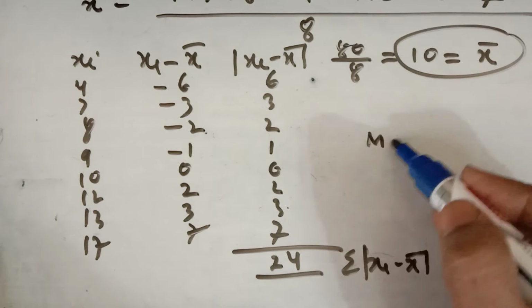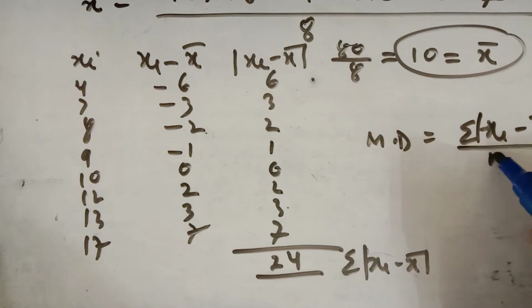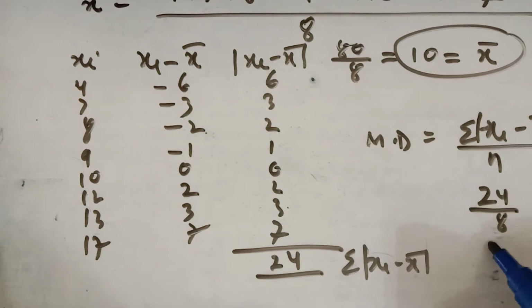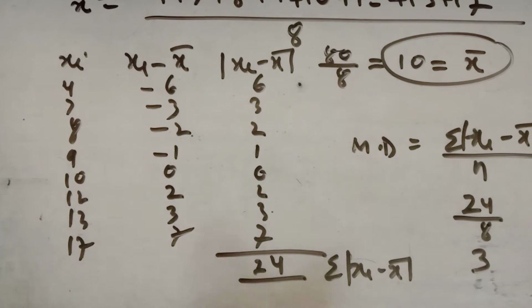So mean deviation is, formula आपको करा था, summation |xi minus mean| का sum, mod का divided by total number of observations. So it is 24 divided by the total number of observations. So mean deviation about the mean for the ungrouped data is 3 in this example, question number 1 of your NCERT book. Similarly, question number 2, we have given ungrouped data.